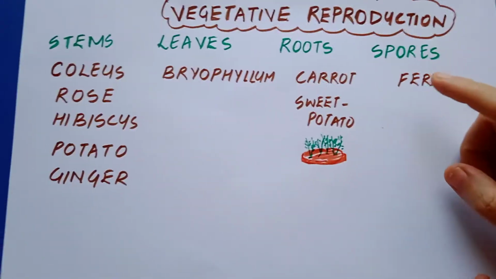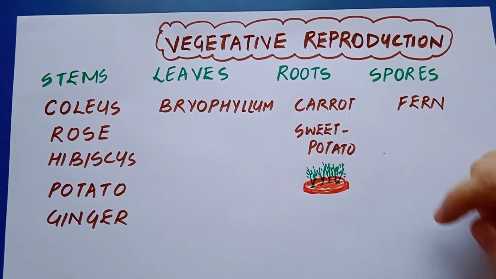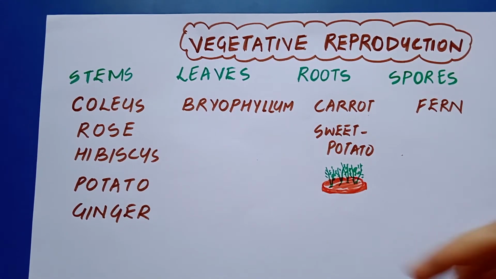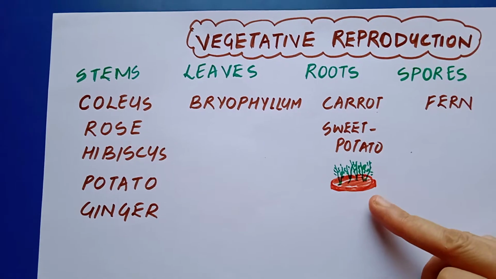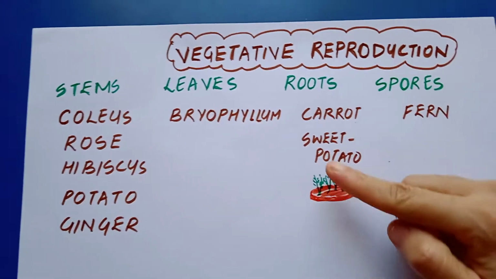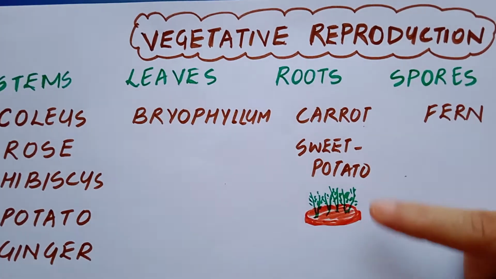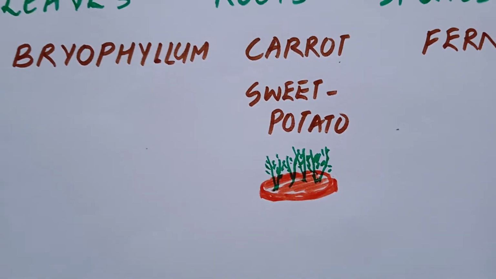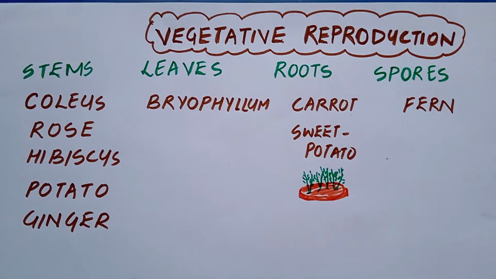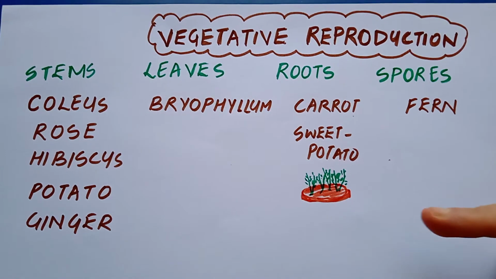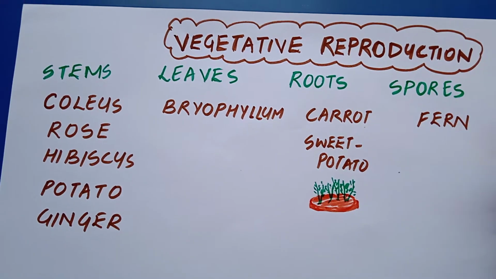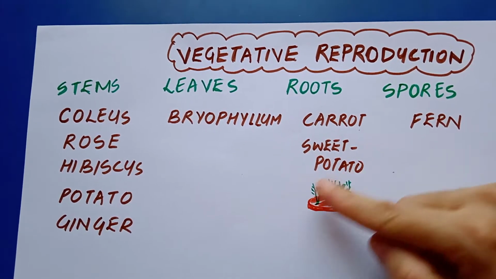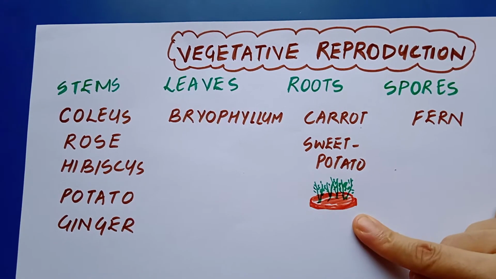Now in the case of roots, we have carrot, sweet potato and radish. If you want to grow these into a new plant, you can take the head of the carrot, the way I have drawn here, and put it in some water. Then you will see the leaves or sprouts come out, and you can sow this into soil and a new carrot plant will come out. Of course you will not get a new carrot beneath this plant, but a new plant will come in which flowers will develop, then seeds will come out, and then you can have a new plant. But yes, with the help of a carrot head you will definitely have a new plant.